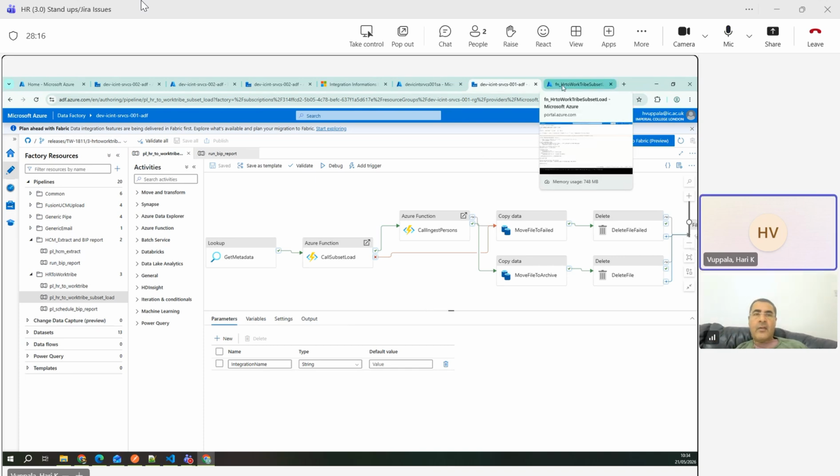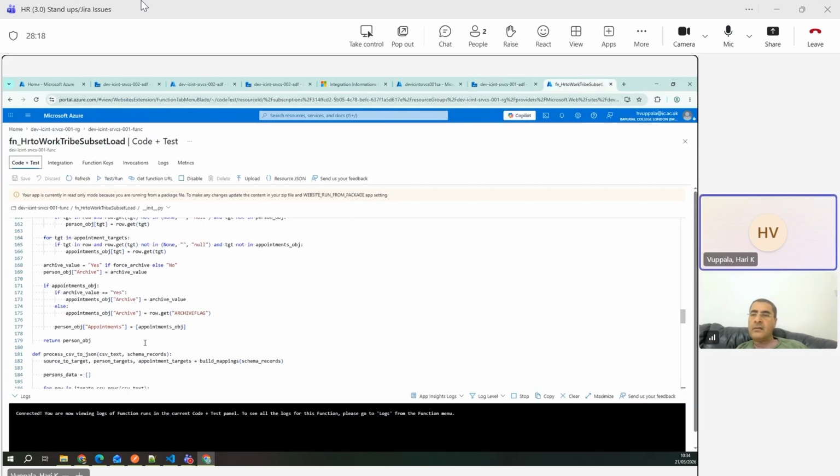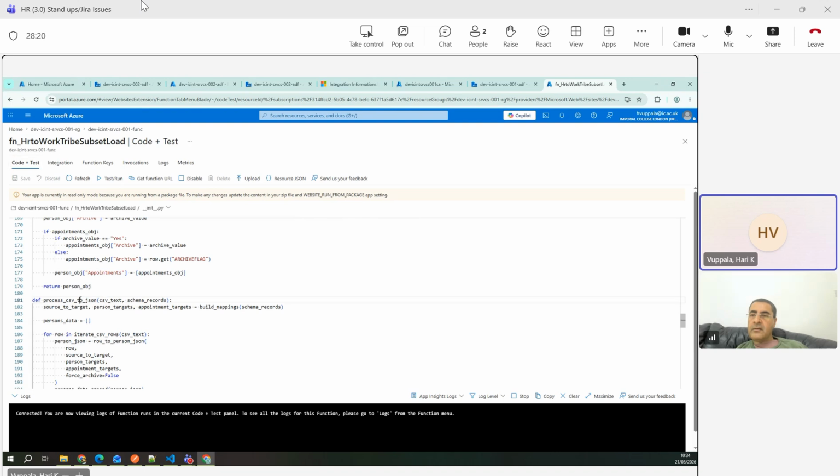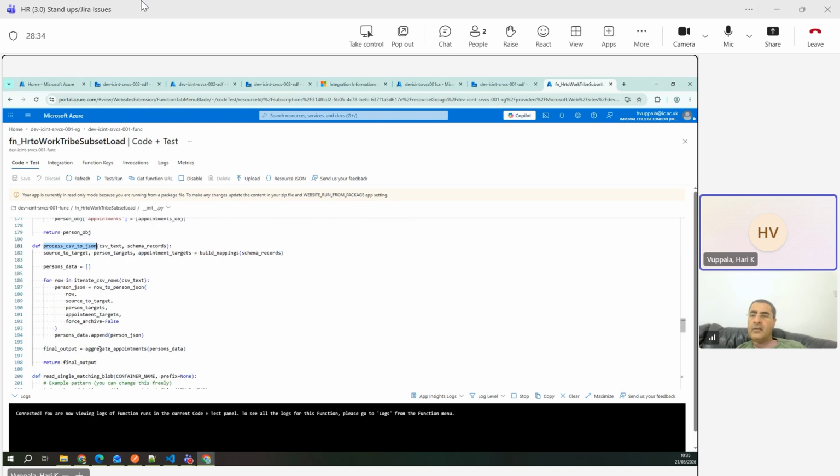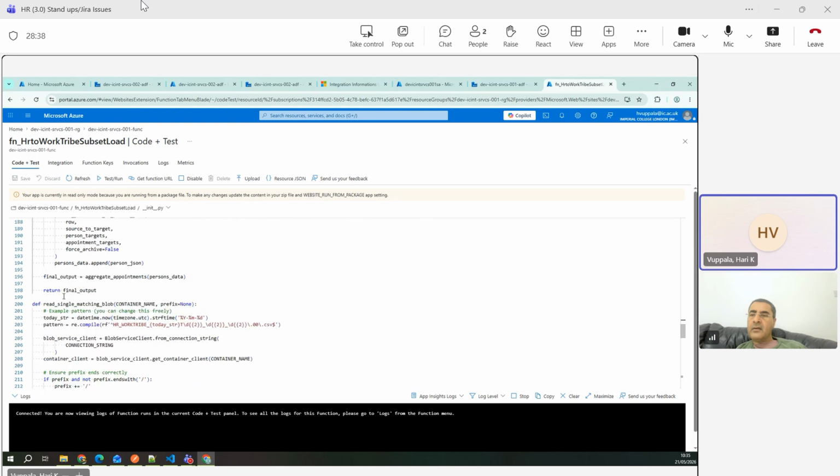Yeah, if you see this CSV to JSON, process CSV to JSON, this is a method. So I just pass the CSV text that is coming in from Fusion from that file, and I send this to this method, which gives me a JSON format. So I go through each row, I get the data, and then again another method I use